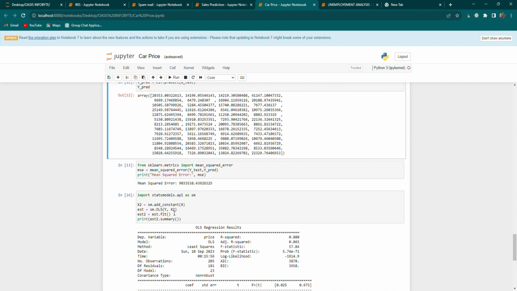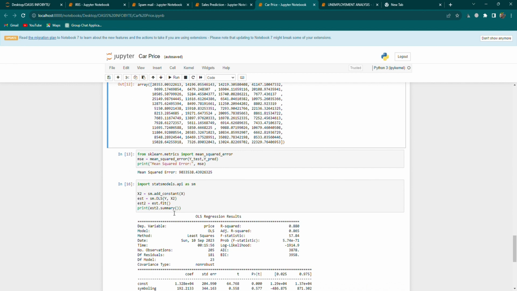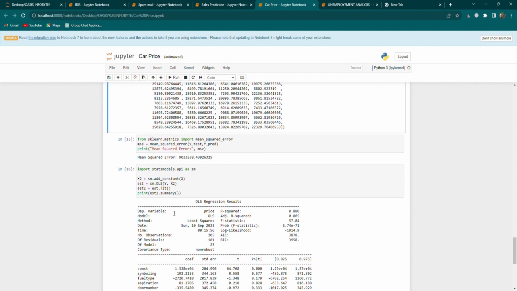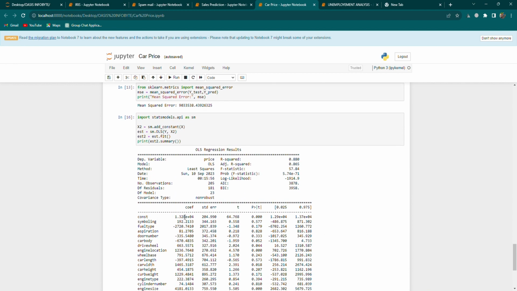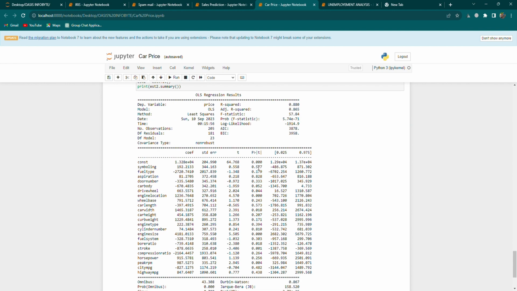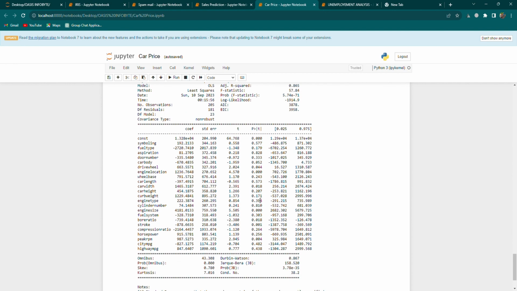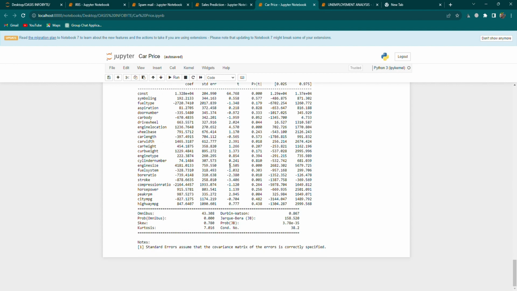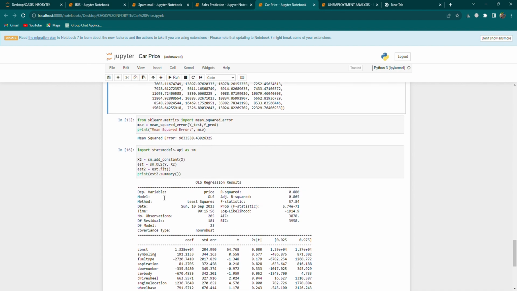Okay, and then the statsmodels API. What does this give? It gives the statistical reports: the coefficient, standard error, t-value. Based on the hypothesis, the t-value will be taken, comparing the t-value with the p-value. If you have studied statistics, the null hypothesis and alternate hypothesis, you will understand what these things are doing. So that's the thing here. Let's move on to